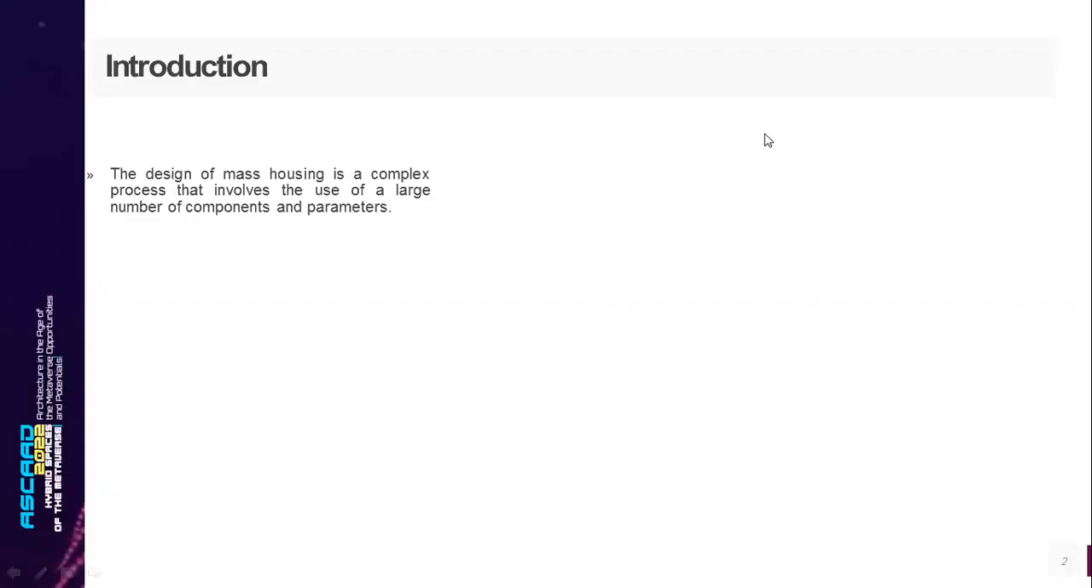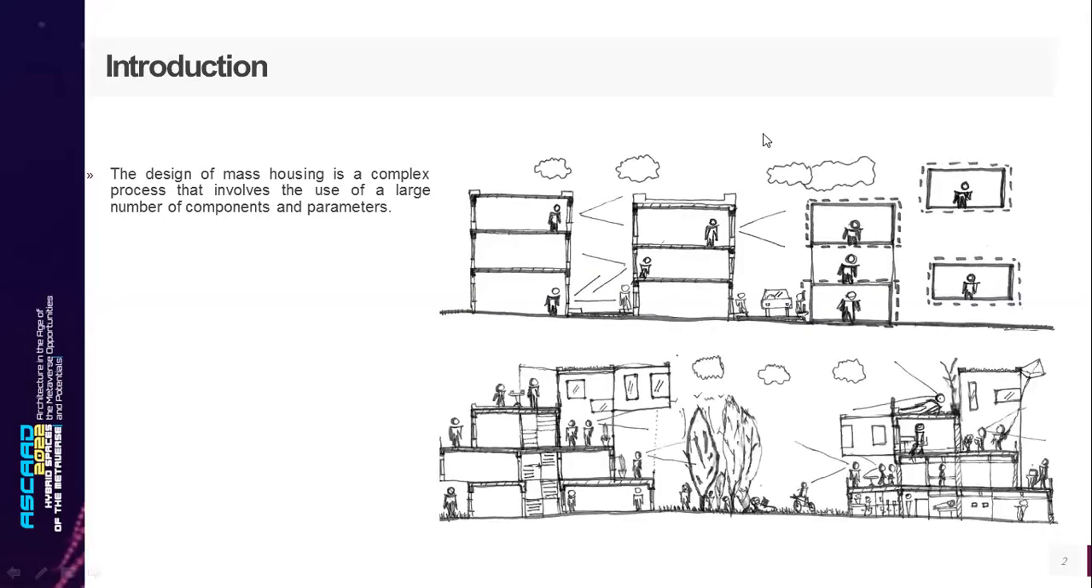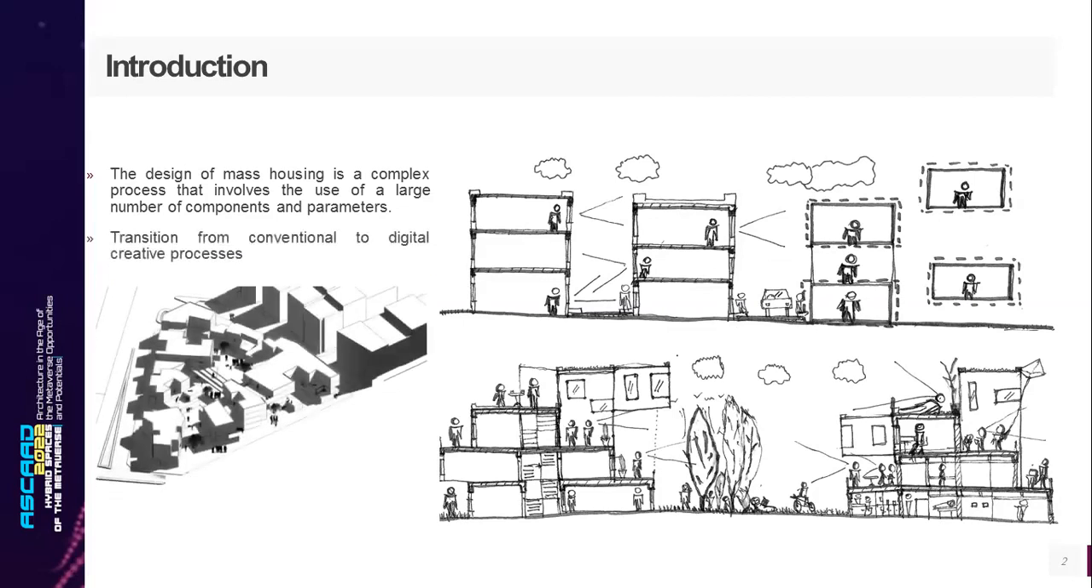The design of mass housing is a complex process that involves the use of a large number of components and parameters. Specifically, novel ways are used to develop and support design stages that transition from conventional to digital creative process. Within this framework, the effect that the designer has throughout this process is rethought and explored in relation to the shifting conditions. Artificial neural nets, space syntax methodologies, predefined rules will help shape the steps of schematic design process and